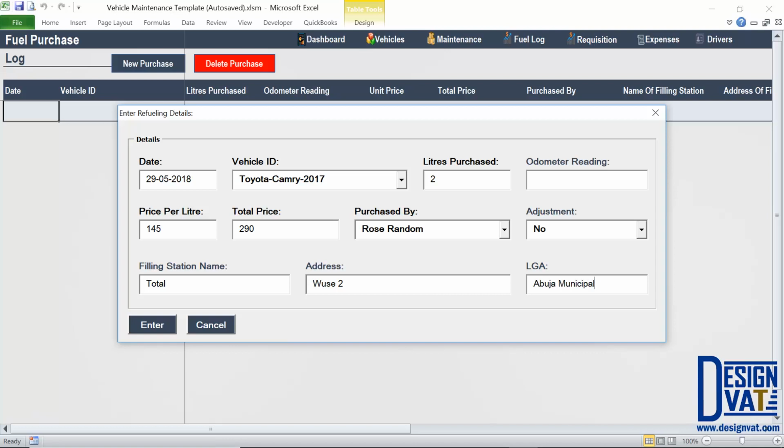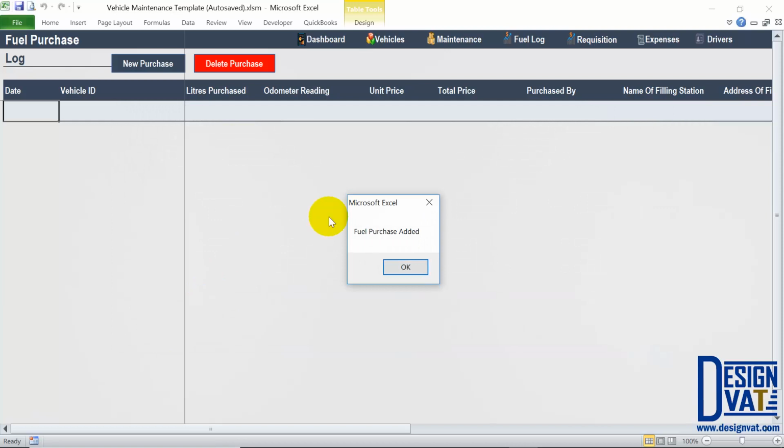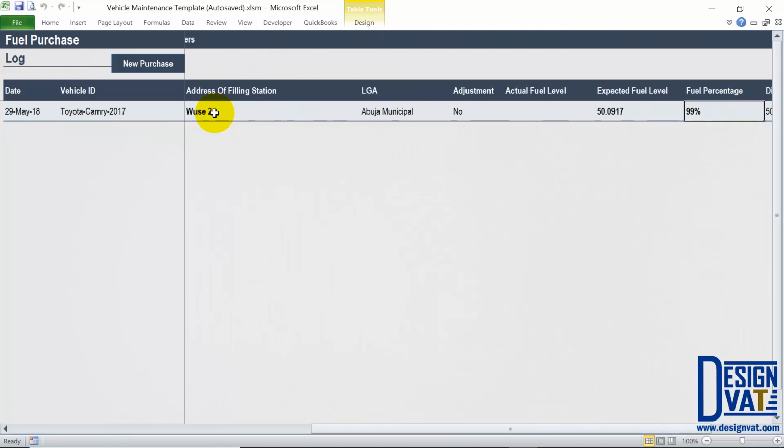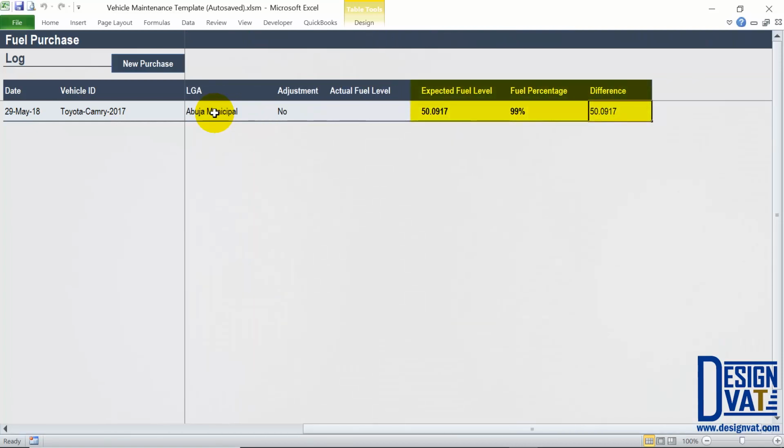Once you're done, you make use of the Enter key to store this purchase. And we should see it listed on the first row. So if I scroll to the right, you see all the other values that I supplied. Now you notice that we have three formula generated columns to the extreme right: the expected fuel level, the fuel